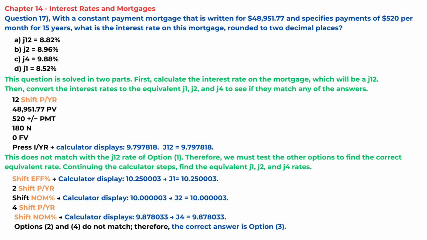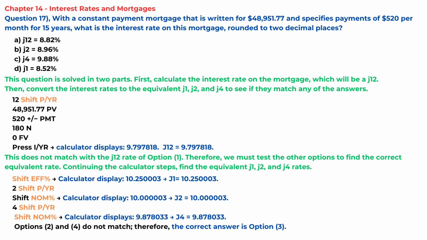Calculator displays 9.797818. J12 equals 9.797818. This does not match the J12 rate of option 1. Therefore, we must test the other options to find the correct equivalent rate. Continuing the calculator steps, find the equivalent J1, J2, and J4 rates. Shift effective. Calculator display 10.250003. J1 equals